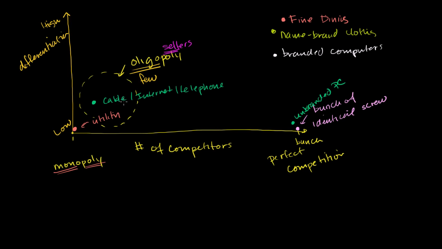And oligopolies, and we're going to study this in much more detail, are not quite monopolies. They can't set the price and the quantity. Depending on the oligopoly, depending on the market, they might start acting more like a monopoly. The players could coordinate with each other to their mutual benefit, or they might become fiercely competitive, even if there's only a few providers. So oligopolies can, in their personality characteristics, either look more like monopolies or look like very competitive industries. And these things up here are quite competitive industries, but they are highly differentiated.